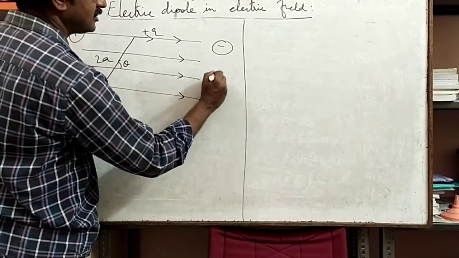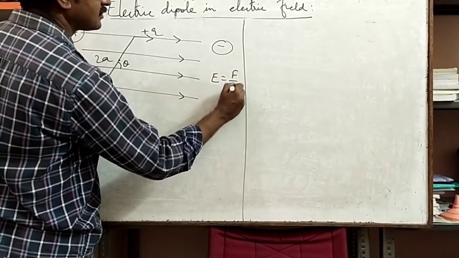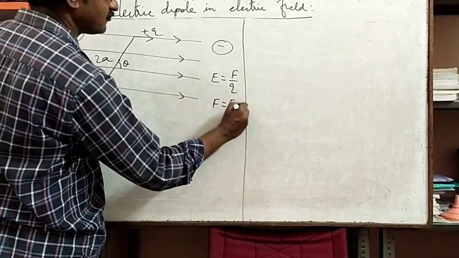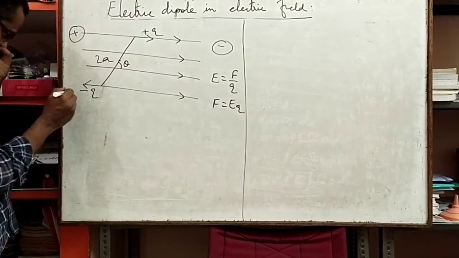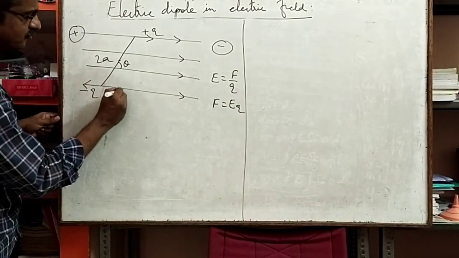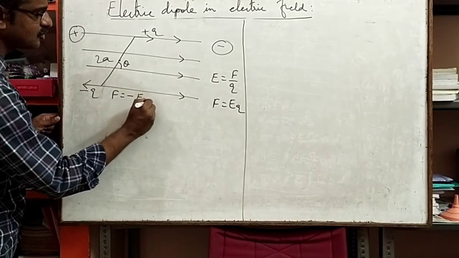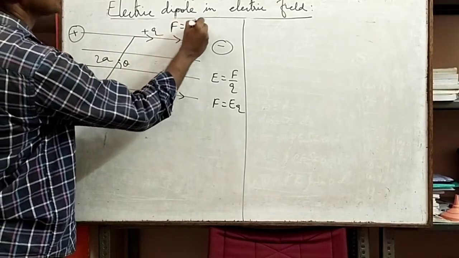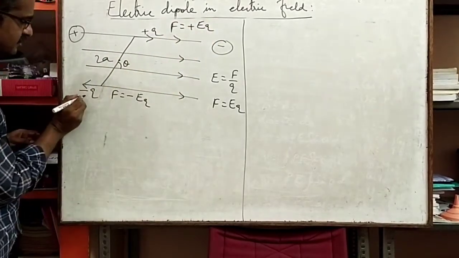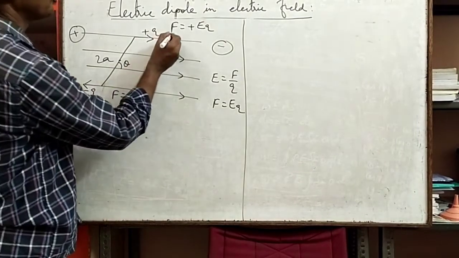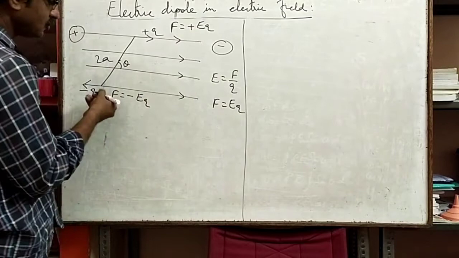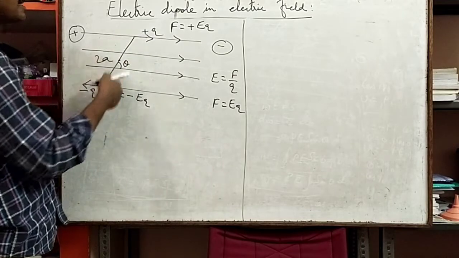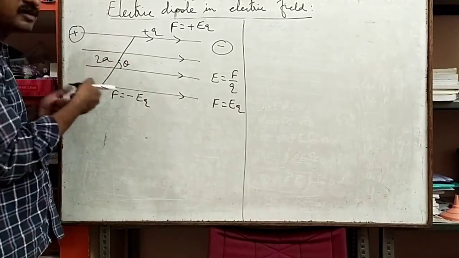Electric field is equal to force experienced by a test charge at that point. So I can write that force F is equal to EQ. Force F is equal to EQ. So the force experienced by the negative charge here is F equal to minus EQ. Here the force experienced by the positive charge is F equal to plus EQ. Two forces are acting on the same electric dipole and they are equal in magnitude and acting in opposite directions. Therefore, a torque is developed there.